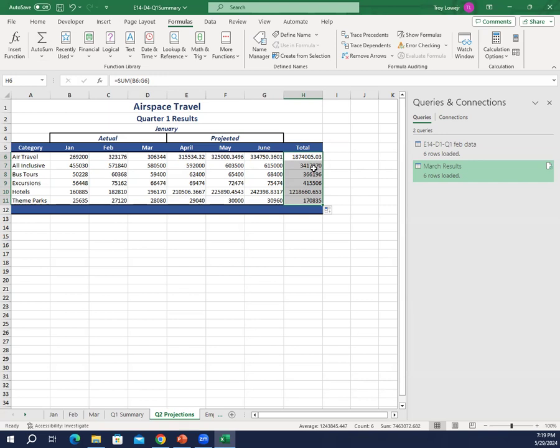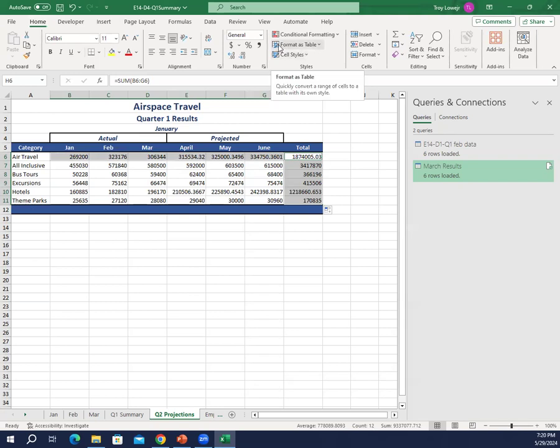So now to make it easier to read, select the ranges B6 through G6 and H6 through H11. So hold down the control key and you're able to select both of those. So B6 through G6 and H6 through H11. And we're going to apply a comma style. So home,